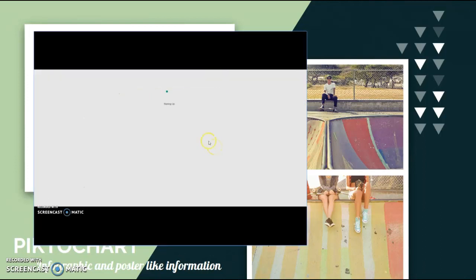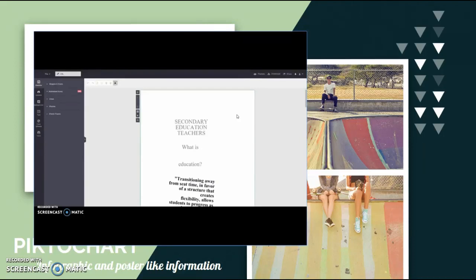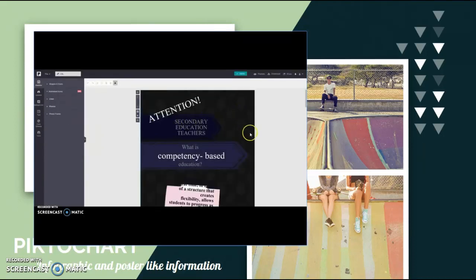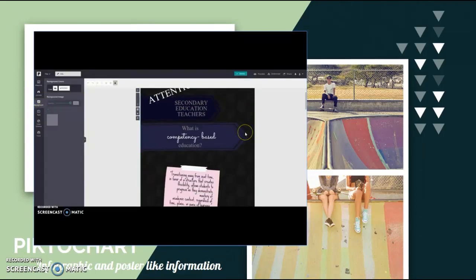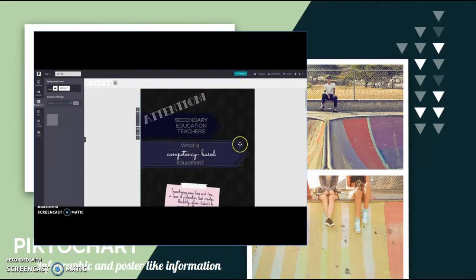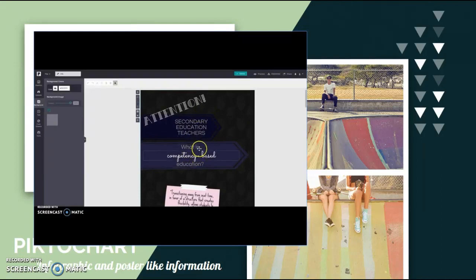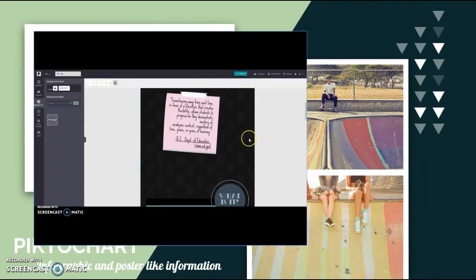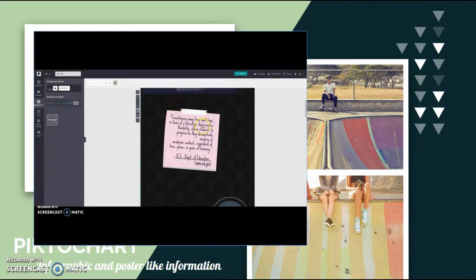Let's actually go to edit. It'll be bigger this way. Okay. So here is my template, and you can choose from various background images, and you can change the font. This is actually another tool where you can't change the font in the same text box. So right here are two different text boxes just because I wanted to emphasize that a little bit, which is annoying to me. I don't like that part of this tool, but then I can have added little pictures